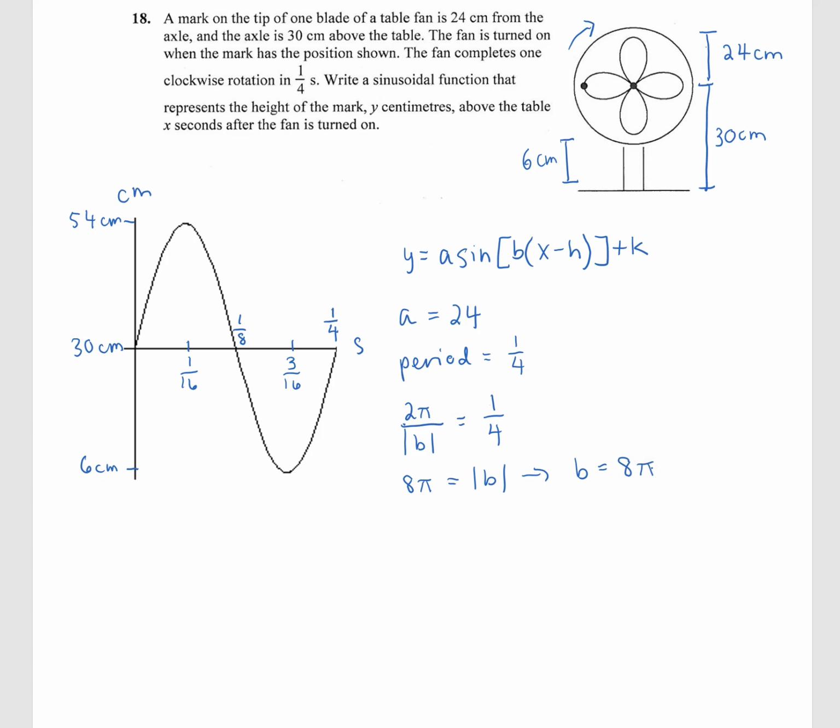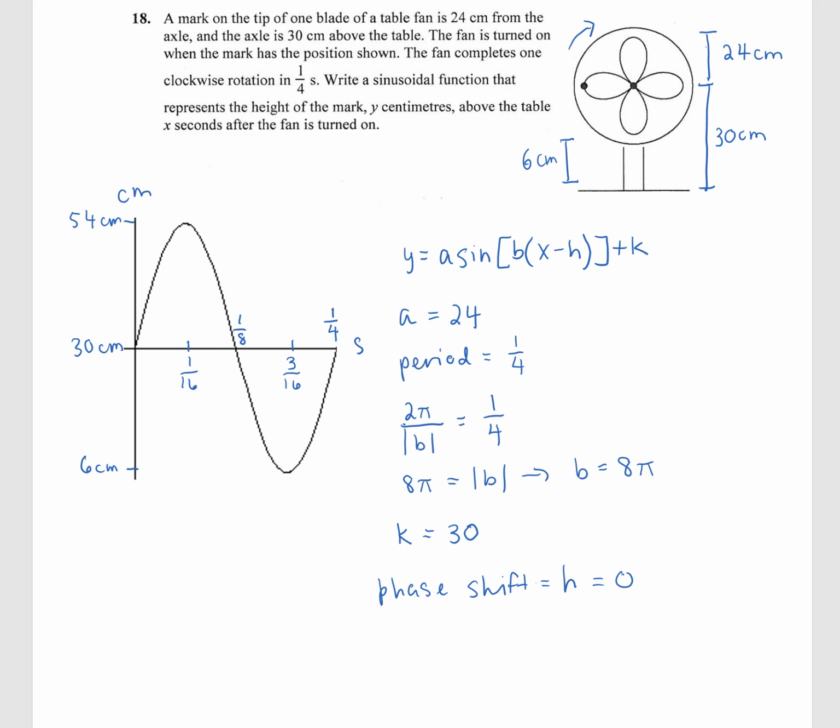Then we can look at our vertical displacement. A normal sine function has a midline at 0, but ours has a midline at 30, so we've moved upwards by 30, and therefore k, which relates to our vertical displacement, equals 30. And that's positive because we moved upwards. For our phase shift, a normal function starts at 0, and ours does as well. So we haven't moved left or right at all, and therefore our phase shift h